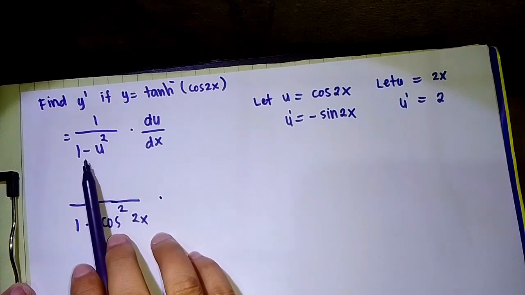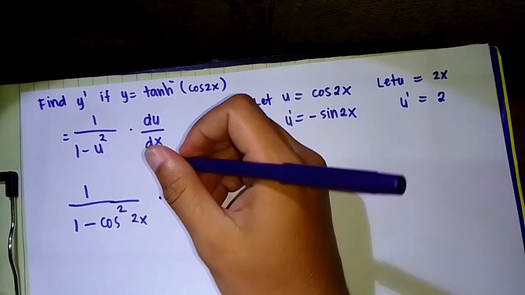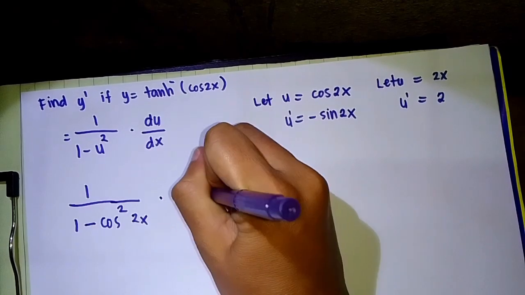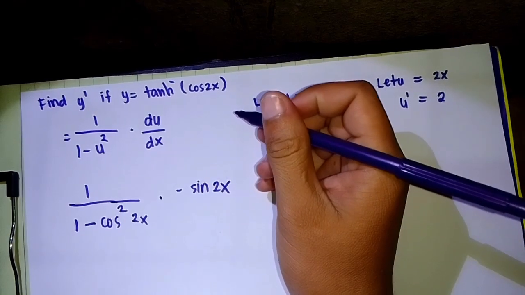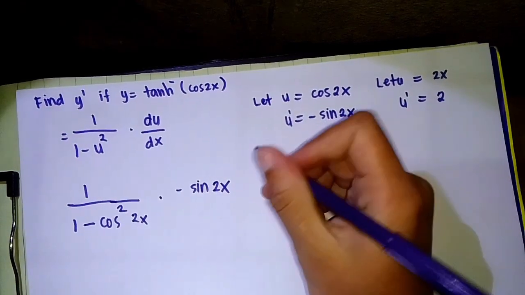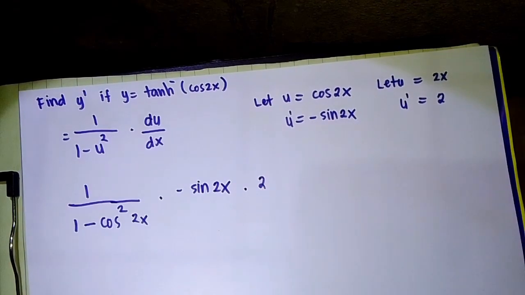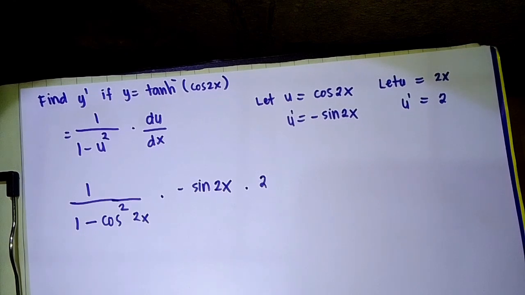times the derivative of cos, which is negative sine 2x, and the derivative of 2x, which is 2. So this is another chain rule, which is u is to x. So we have